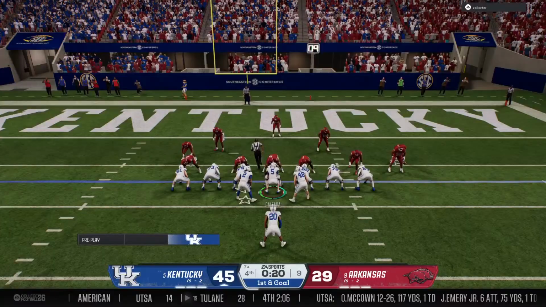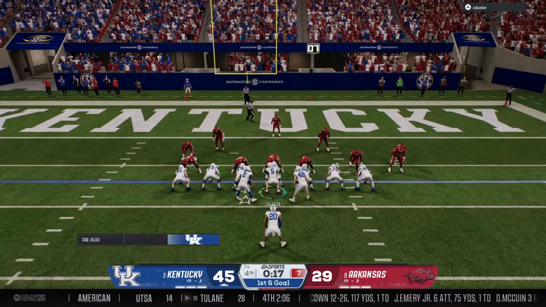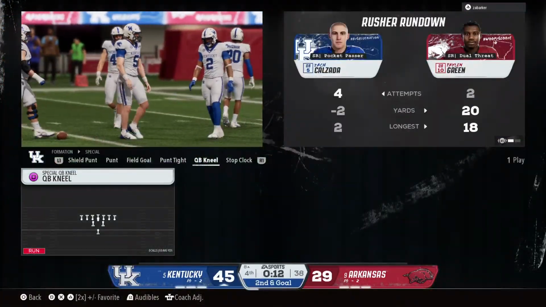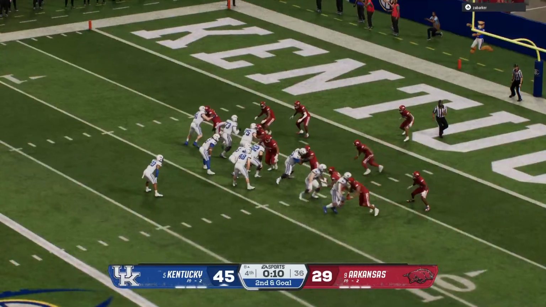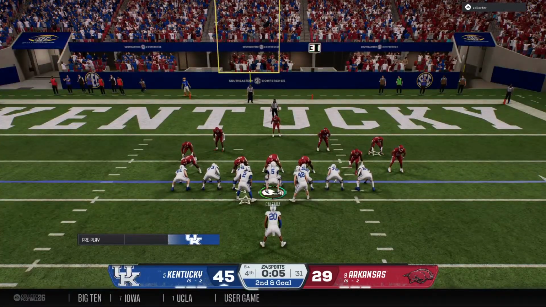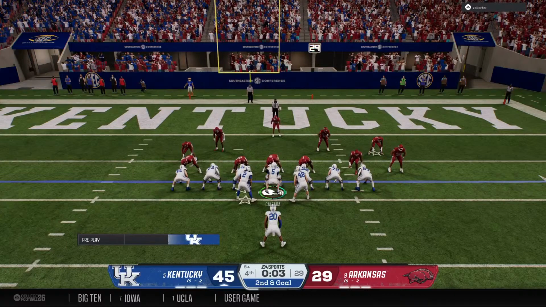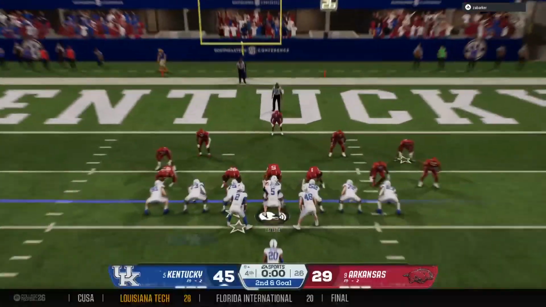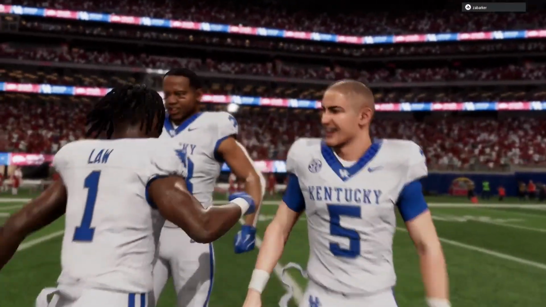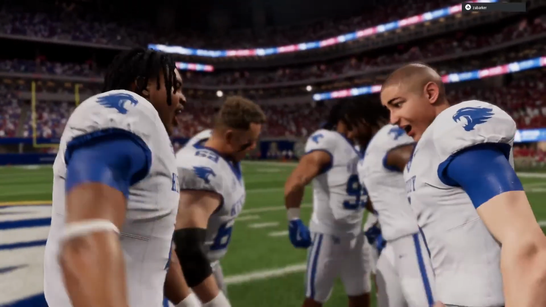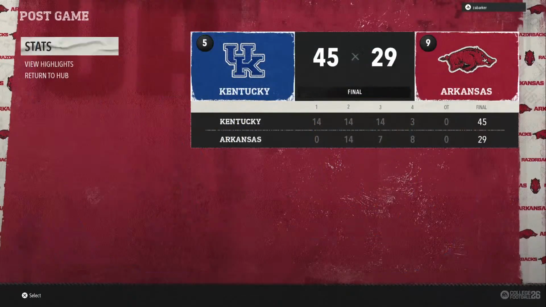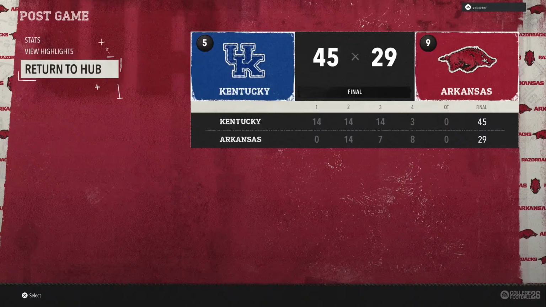So the job is simple here. Just take a knee, run out the clock, and begin the celebration. They come to the line in victory formation, looking to run out the clock and secure the W. Wow, what a tremendous run these guys have had, and now they can call themselves champions of the SEC. That's one of the most difficult titles to earn in this sport. And now with the playoff looming, we can find out how they fare against the